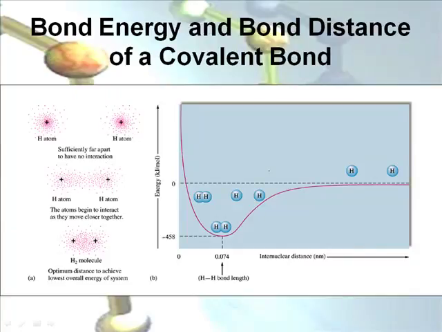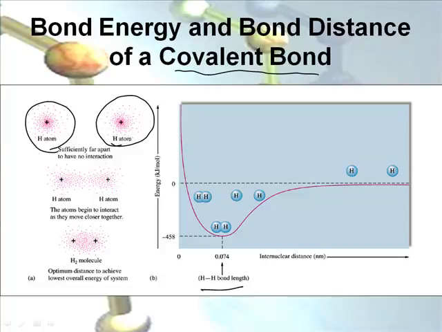Okay, now let's talk briefly about a covalent bond and bond distance. This looks more complex than it actually is, and people get kind of confused by this. Maybe we should do a diagram of a covalent bond. Well, they do have it here. They've got two hydrogen atoms, and these little red dots represent the possible locations of an electron. Remember we talked about the quantum mechanics things.